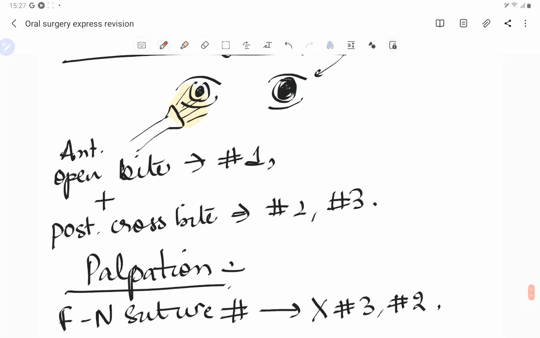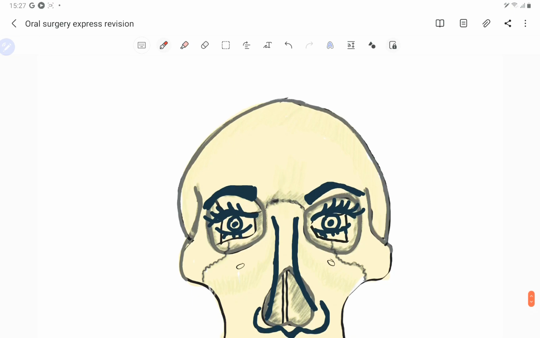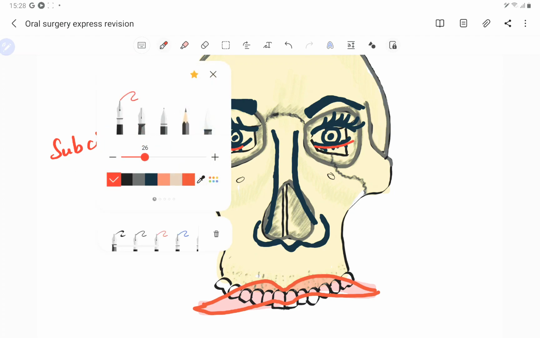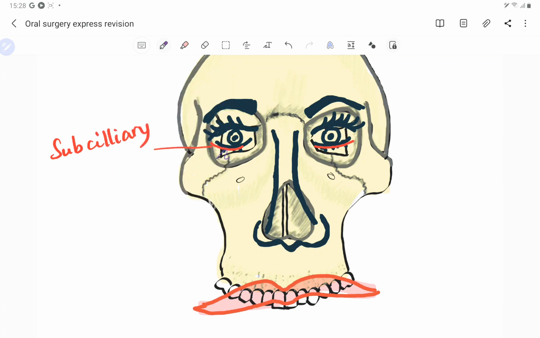The various incisions we can give are the lower eyelid approach, if we want to reach the lower orbital rim or the orbit floor, say in case of Le Fort 2 or Le Fort 3 fracture. Then we can go for this subciliary incision, which is just beneath the cilia. And also, guys, mid-level in the eye, we can also give a subtarsal incision or the infraorbital incision.